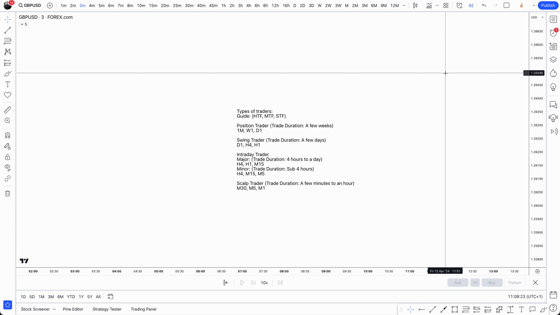Obviously, you can't very well analyze with your fingers clicking on the screen. It's much easier to do it on a computer, but you're not able to perhaps be a scalp trader in that realm of things because you can't look at the charts every minute or every second of the day, right? So I would just take that into account.